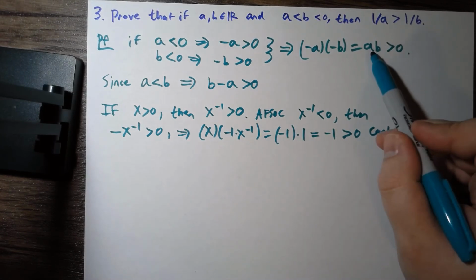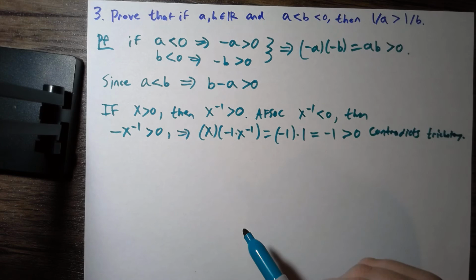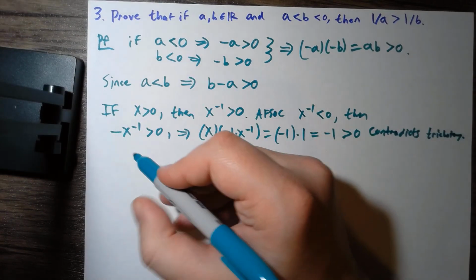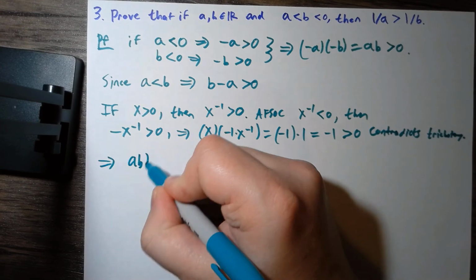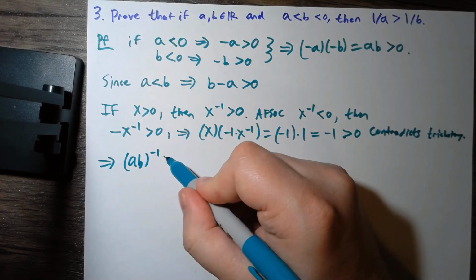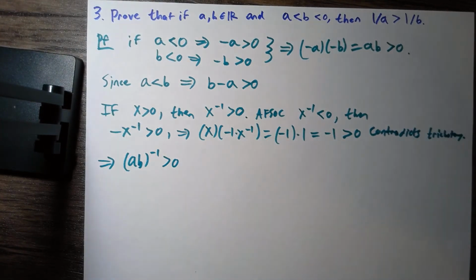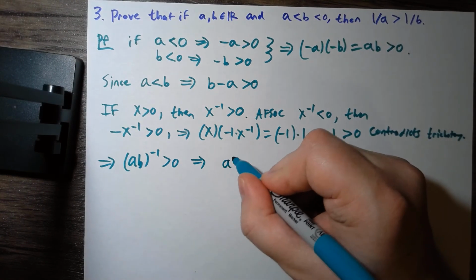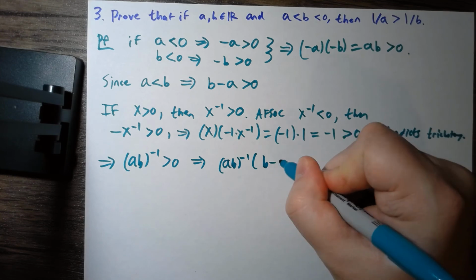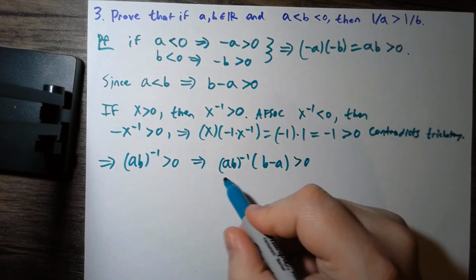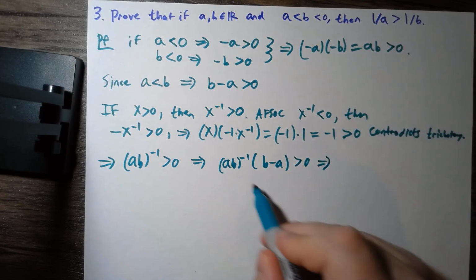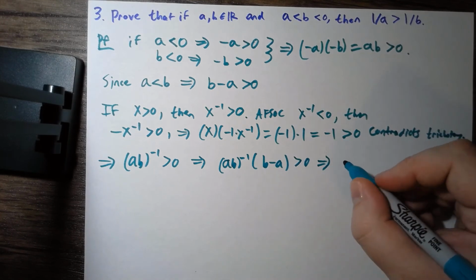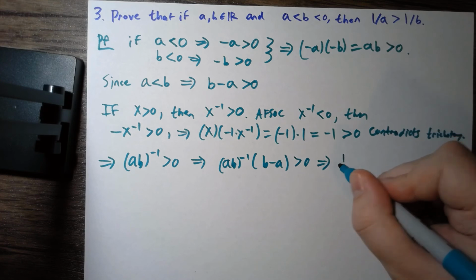So what this means is a b inverse. What we can do is use this lemma here, which implies that a b inverse is going to be positive. And we know when we multiply two positive things together, we stay positive. So this implies that a b inverse times b minus a is positive. But what is this? Well, this will just be 1 over a